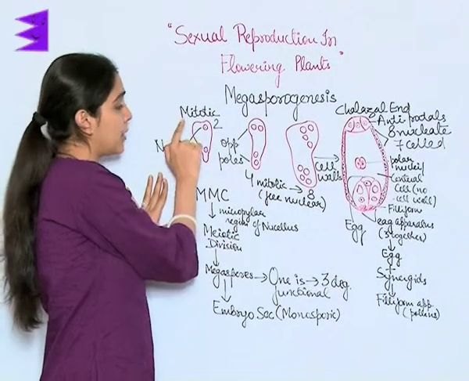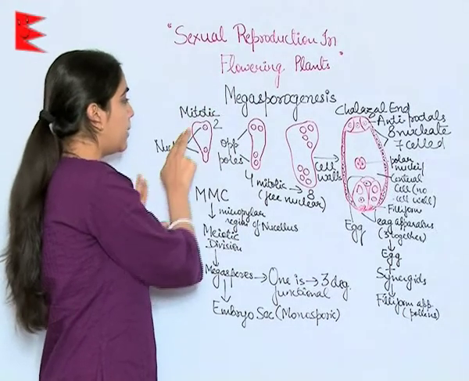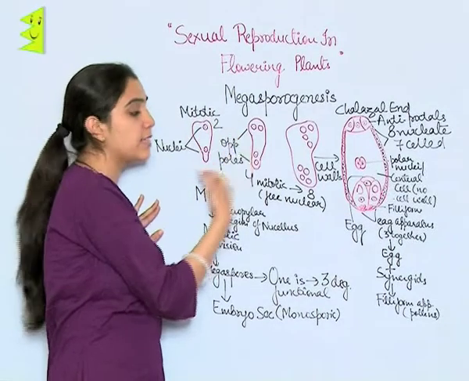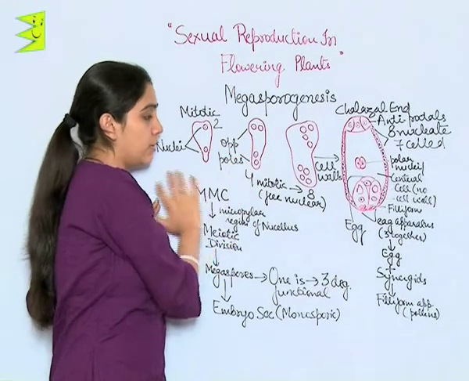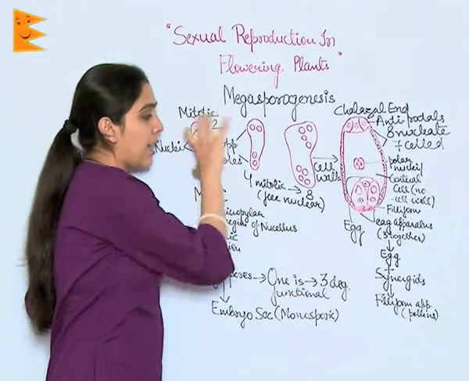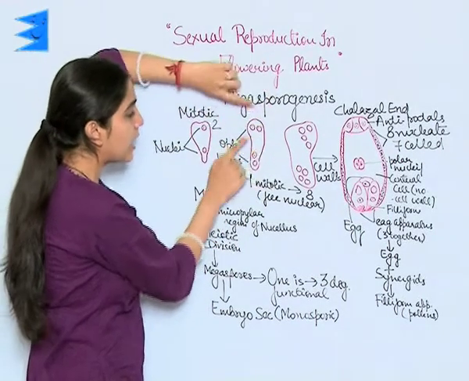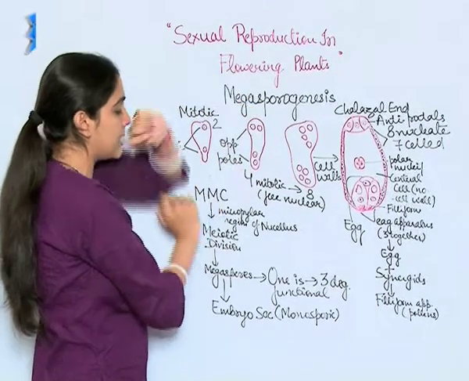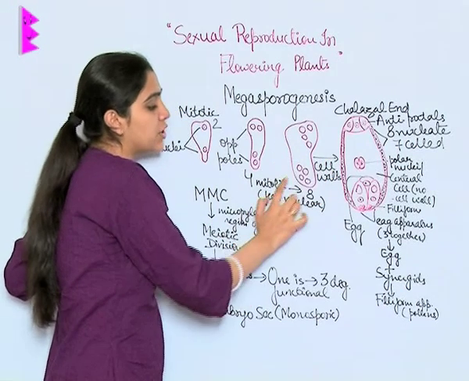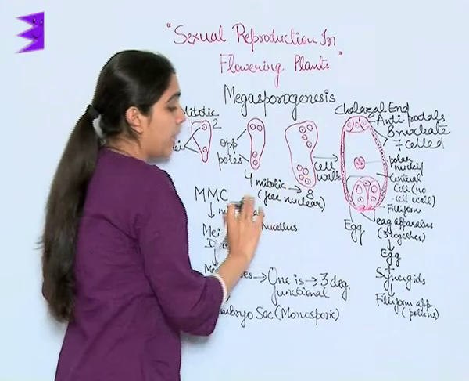First, there is the mitotic division. The megaspore is divided mitotically, which results in formation of 2 nuclei. Then there is another subsequent mitotic division which leads to formation of 4 nuclei. Now these nuclei, as they divide, they tend to get apart, that is, they tend to get distanced and positioned at 2 different poles. Further, from 4 it is again the mitotic division which leads to 8 nuclei, but